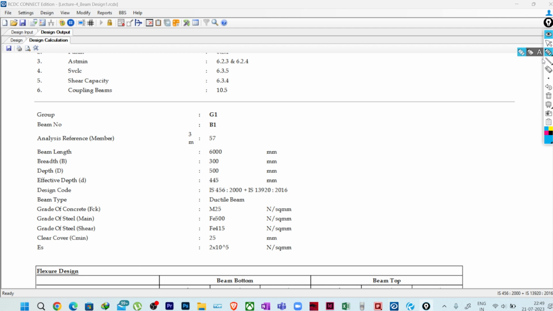I have discussed it earlier also, and I have given the list of how RCDC is calculating the effective depth. Basically, when it is greater than 400 mm, it will consider 2 layers of reinforcement at bottom and top, wherever you are finding the tension reinforcement. First, it will provide the maximum bar size that we have provided in the design detailing result, and the minimum bar size in the next layer. Okay, so if you see here